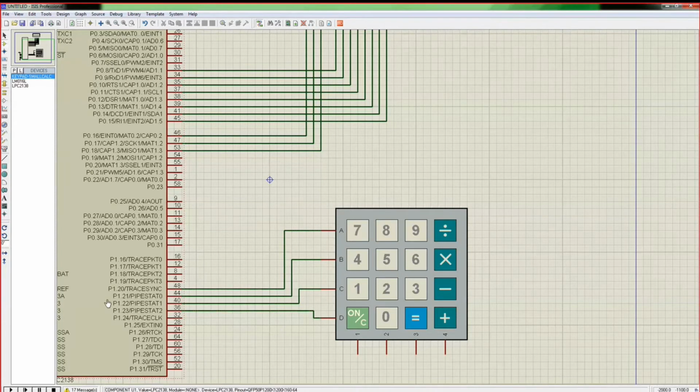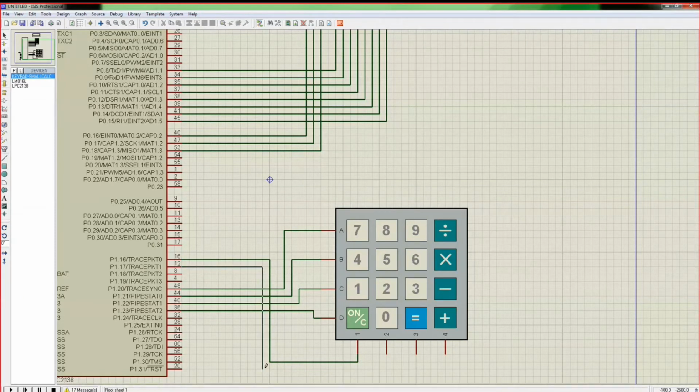So this will be connected in P1. P1.16 to which column? Column 1.